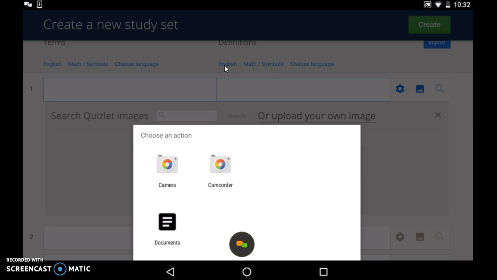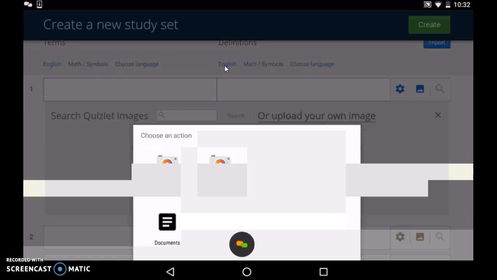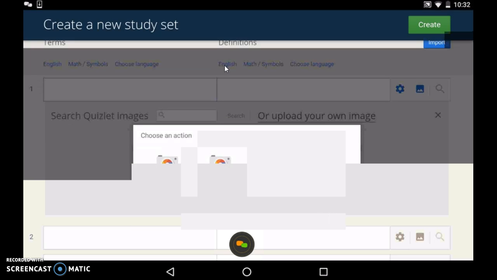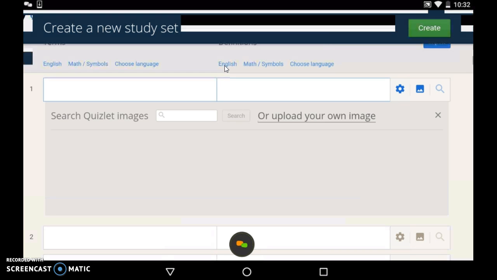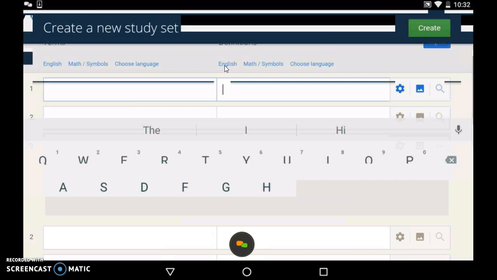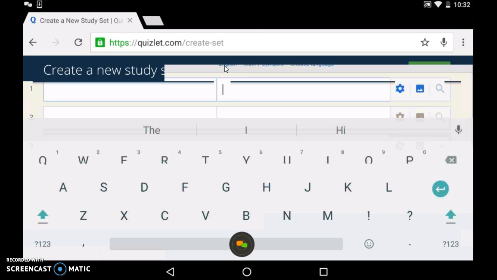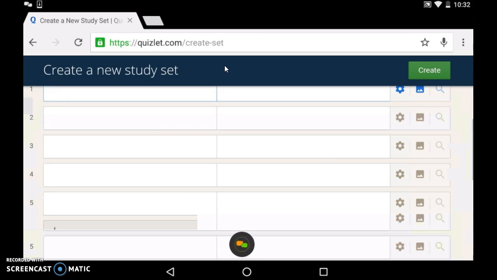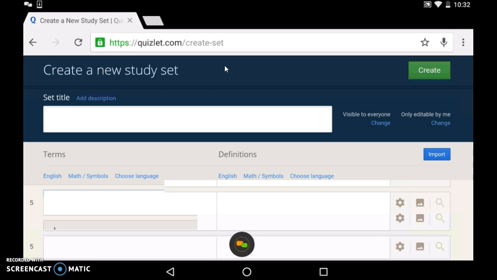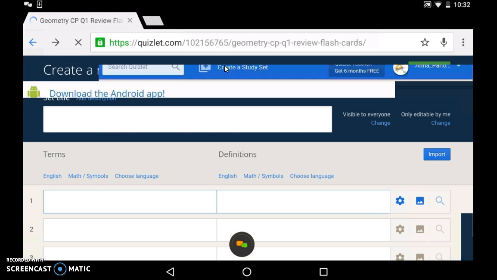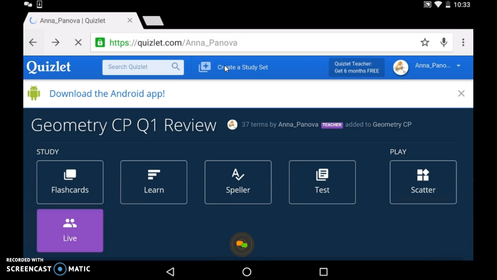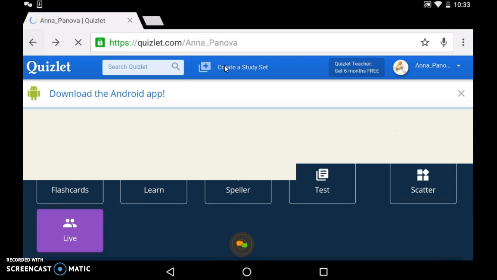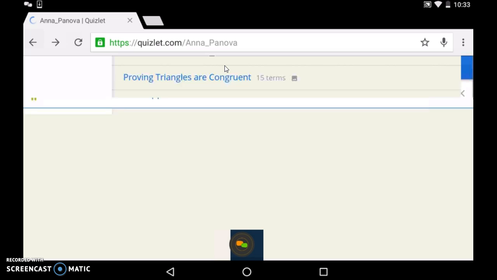So that's actually really nice because I usually create my sets using a computer, so I don't necessarily use the camera. So this is a nice thing. One last thing I do want to try in this video is I want to try to open a set within the app, but after I signed in to my Quizlet account on the website. So let's see if we have that option. So if I go to my sets and I open a set,